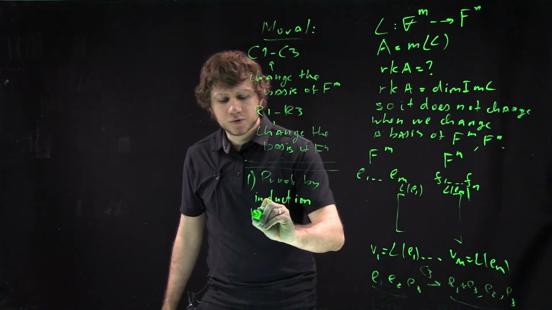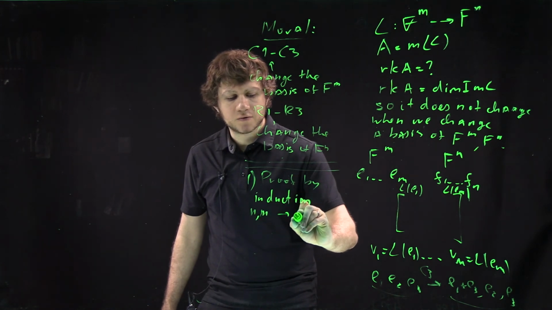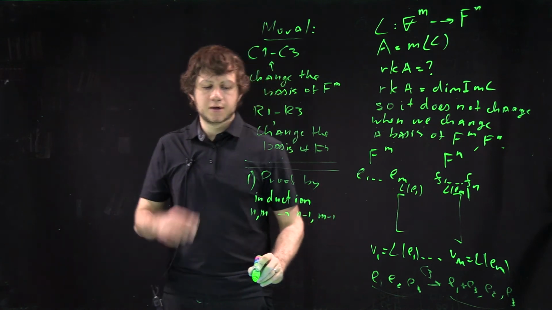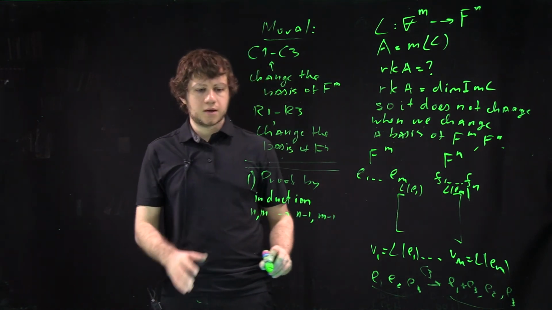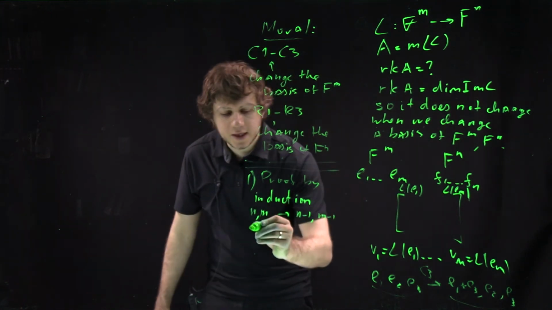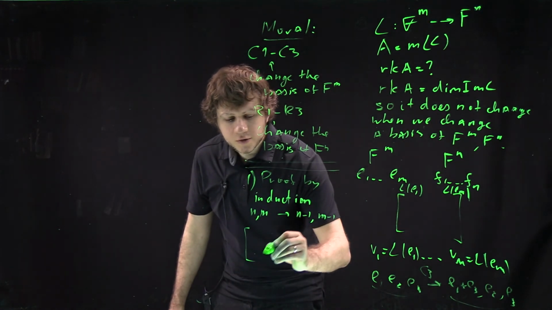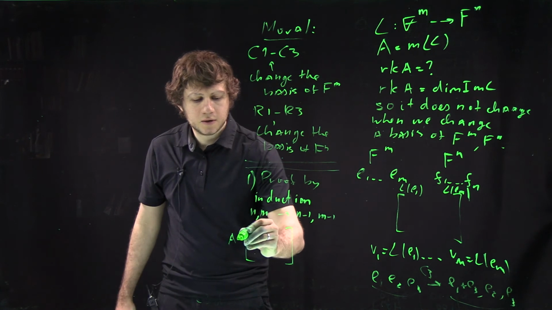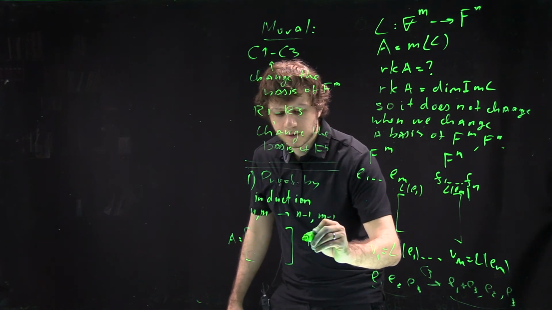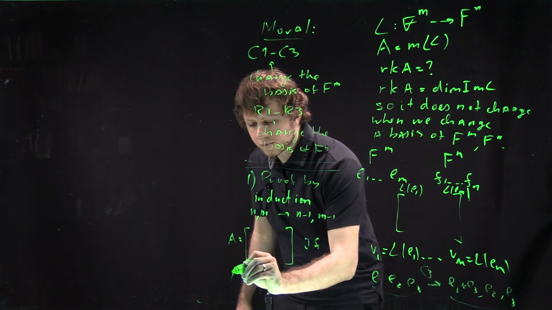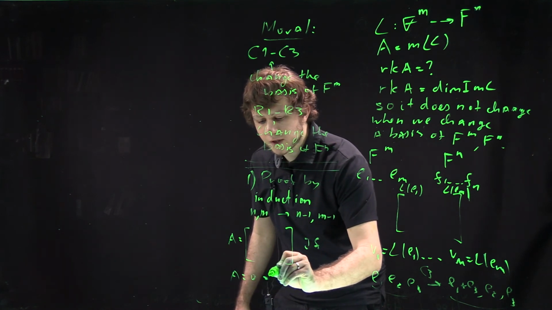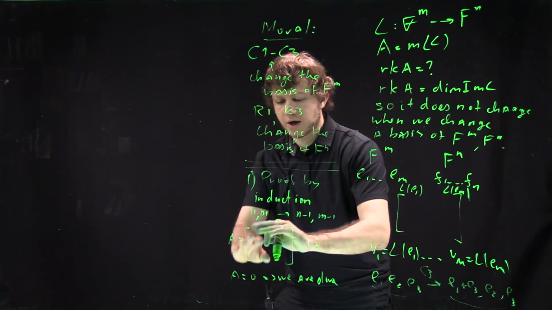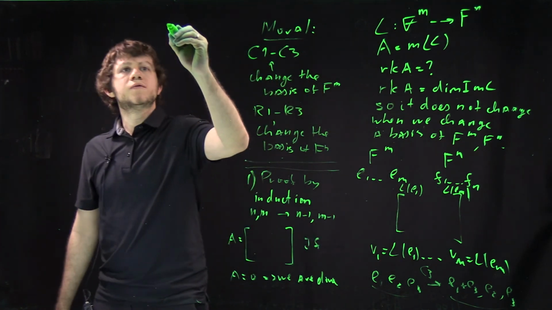And we will just reduce the question for n by m to the question for n minus 1 by m minus 1. The idea is that you take a matrix, and this is A. If A equals 0, then we are done. It's already in the form where you have zeros everywhere. So if not,